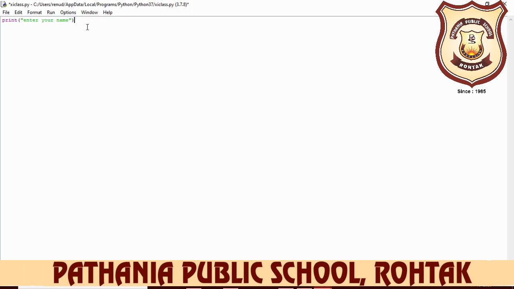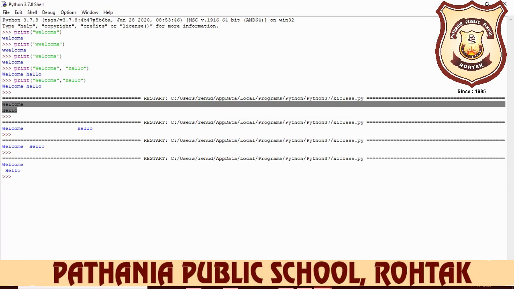So for this we use one variable name. For example, the variable name is name, name is equal to, then you write input, and after that just press enter, press F5, okay.